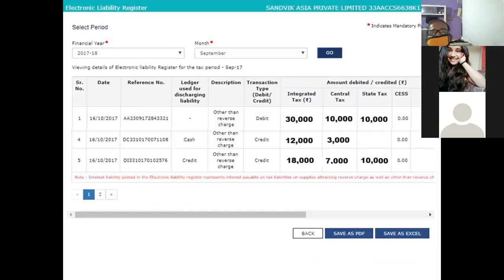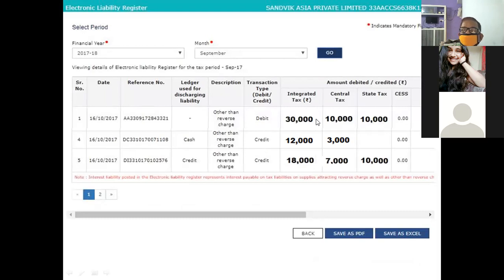Now this is the format of the electronic liability ledger. We have the selected period, September 17-18, the September month. We have the date here, reference number, ledger used for discharging liability, cash or credit, description, and transaction type, then debit and credit.